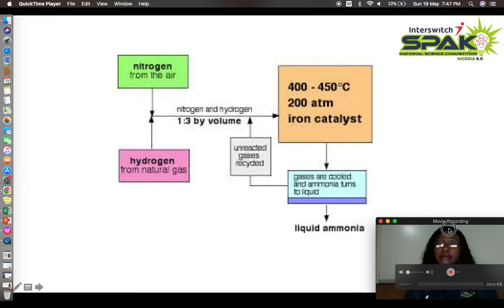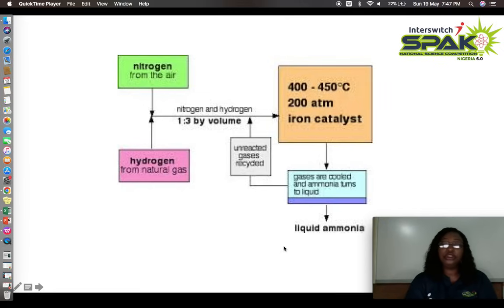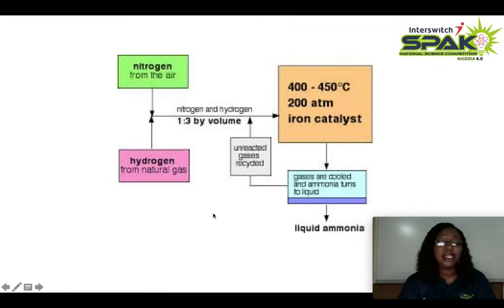Another major process that you are familiar with is the Haber process. Can you say that? Haber process. Now, that is the industrial preparation of ammonia. We have nitrogen from air and hydrogen from natural gas, reacting together in the ratio 1:3 to give